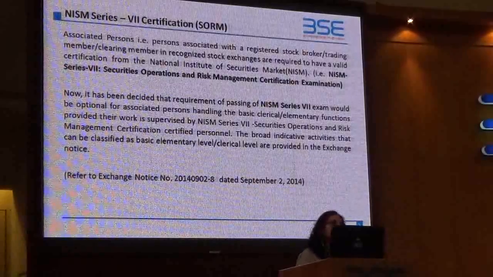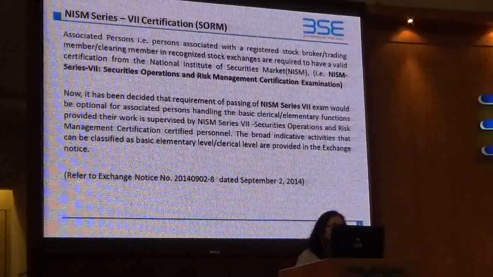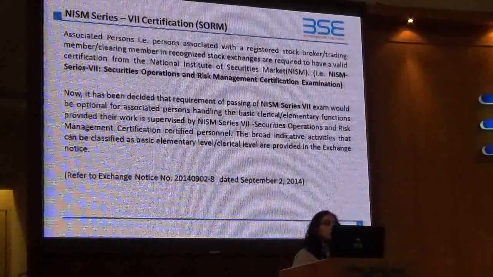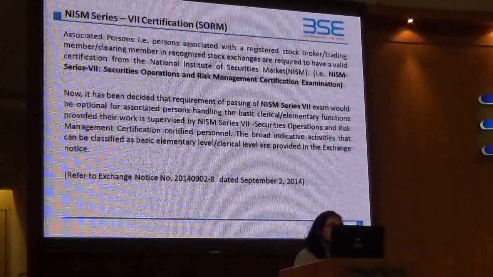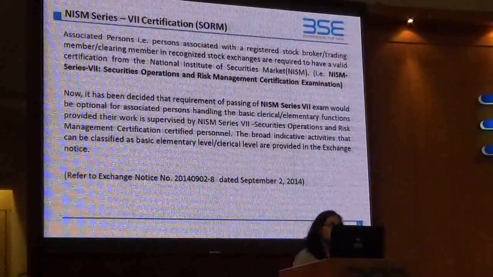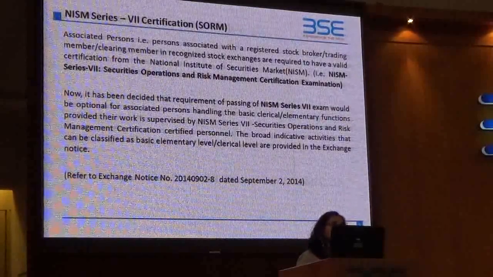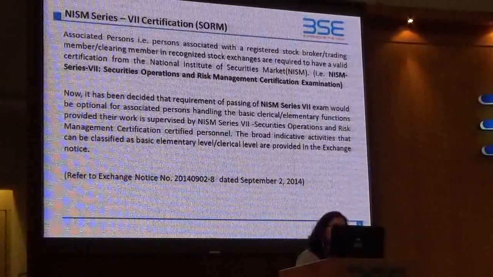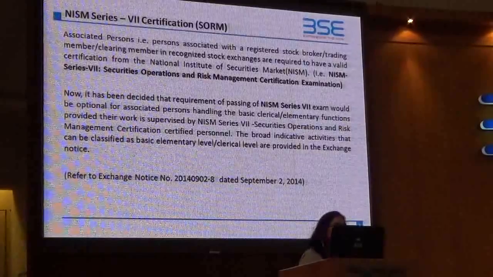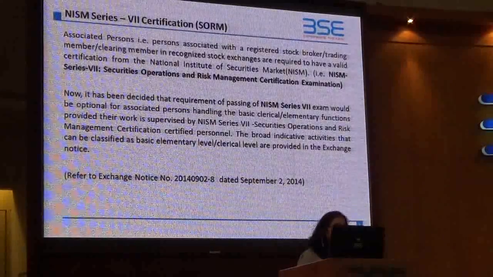That's why most of the stock brokers' inspection reports carried the observation that the required number of personnel were not carrying this certification. The matter was represented to SEBI by the brokers, and SEBI has come out with a somewhat diluted circular, we can say. Now only the supervisor needs to have Series 7, and all the basic level activities carried out by the personnel can report to the supervisor, and that